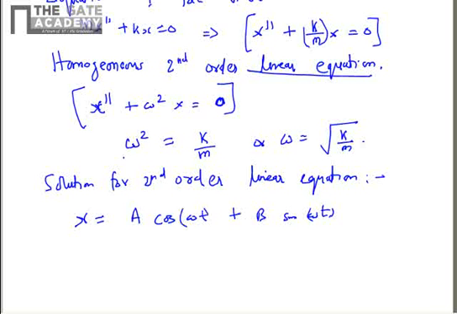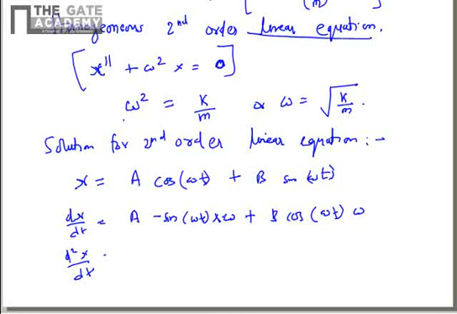You can quickly verify whether the solution is correct or not. If you take the derivative of x, dx by dt, the derivative of cos omega t is minus sin omega t multiplied by the derivative of omega t, that is omega, plus b cos omega t. The derivative of sin is cos, and the derivative of omega t will be omega. And then if you take the second derivative of this function, that is d by dt of dx by dt,